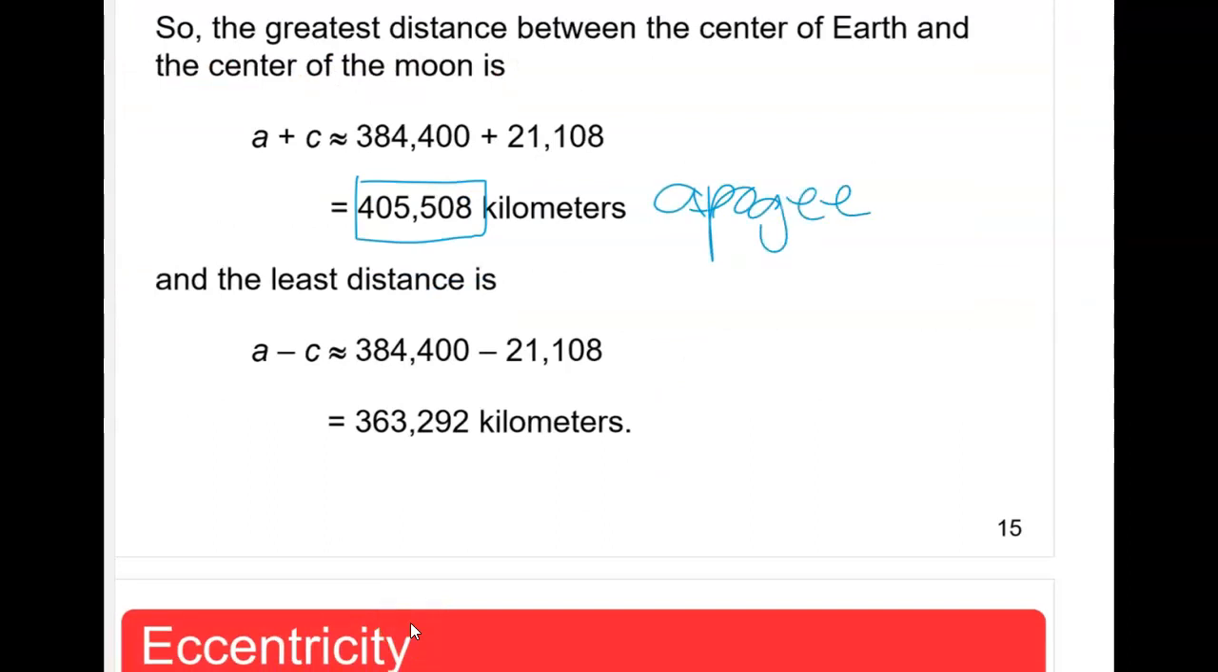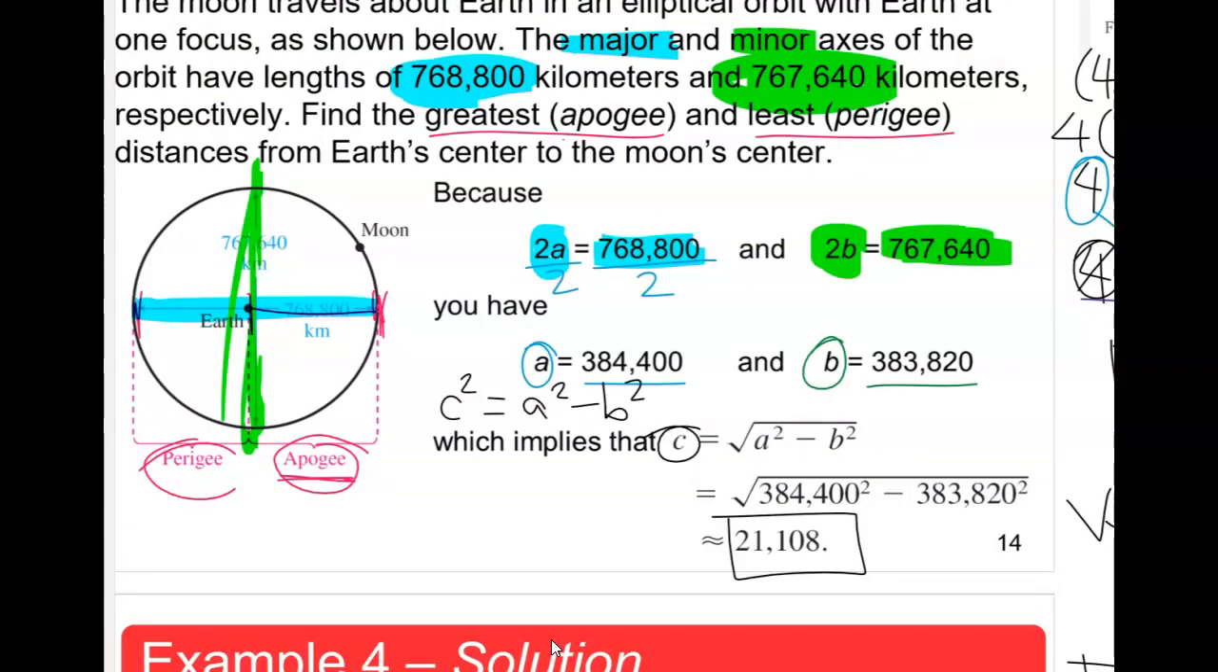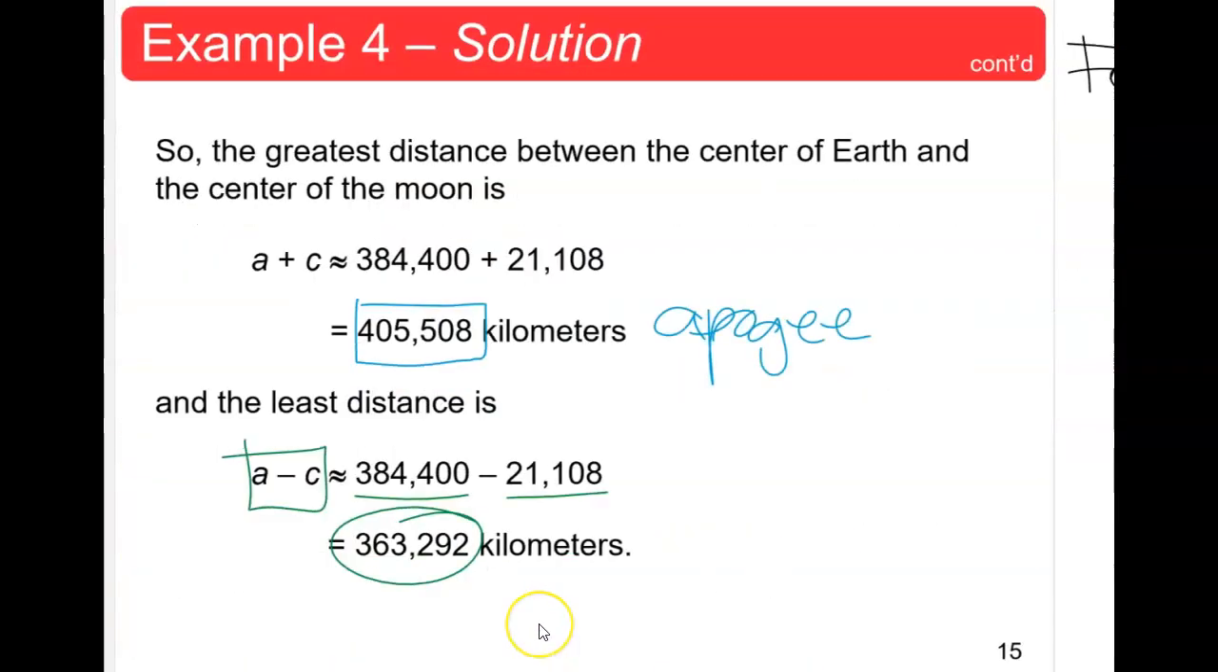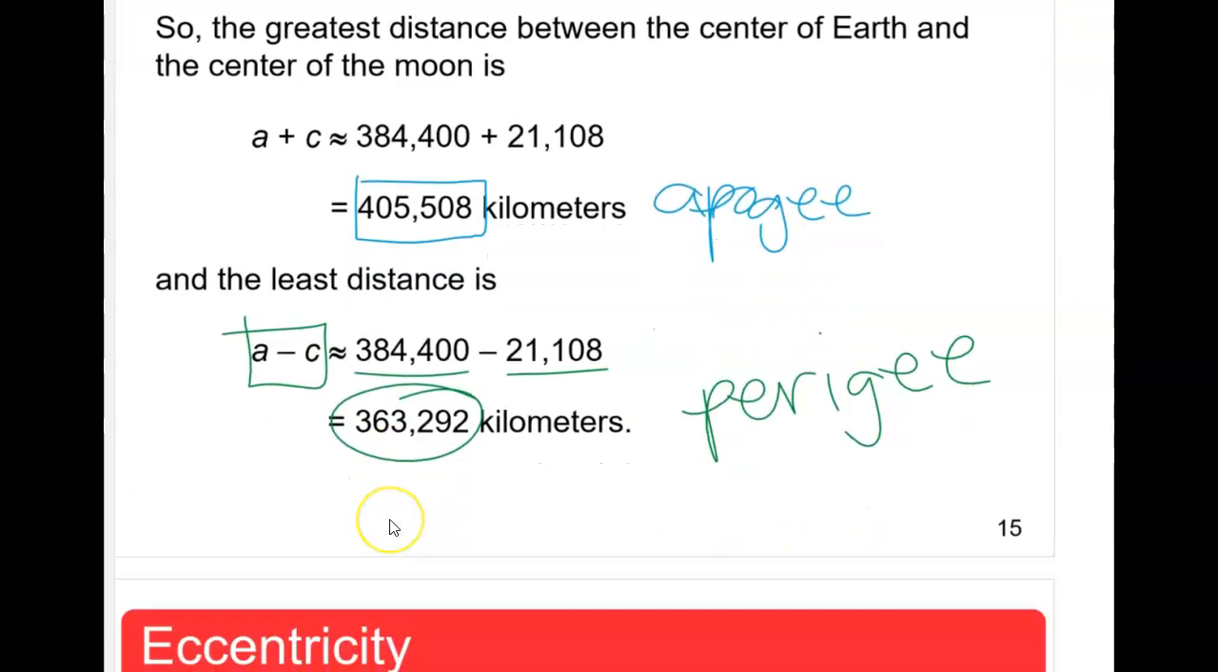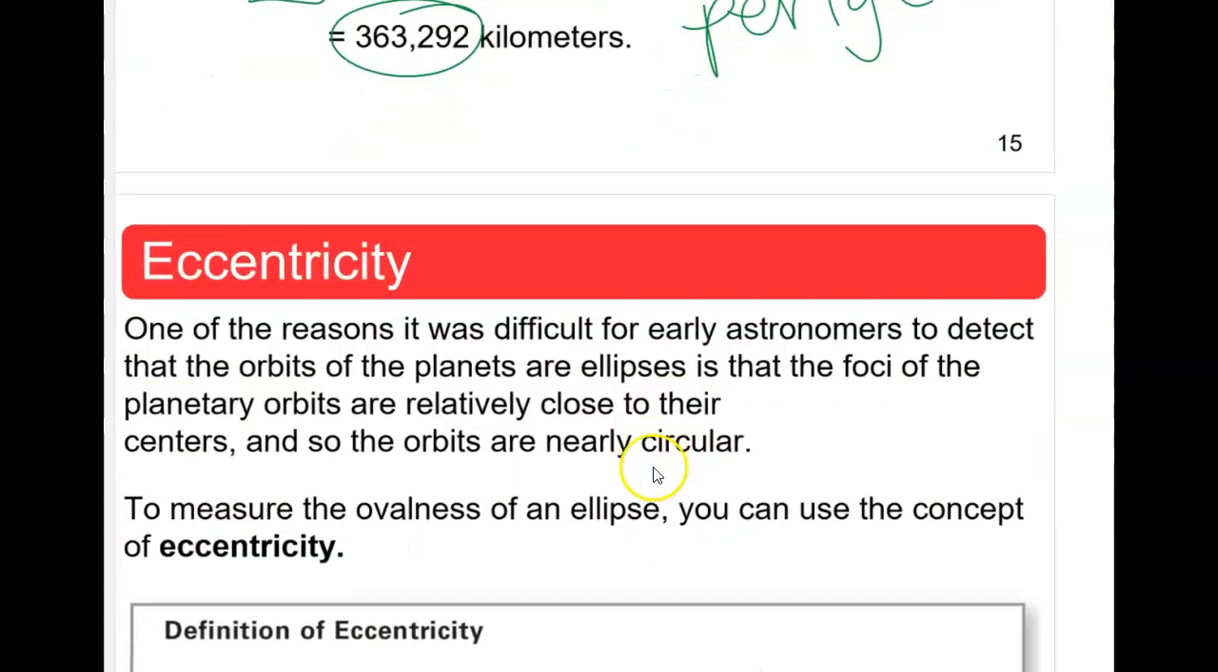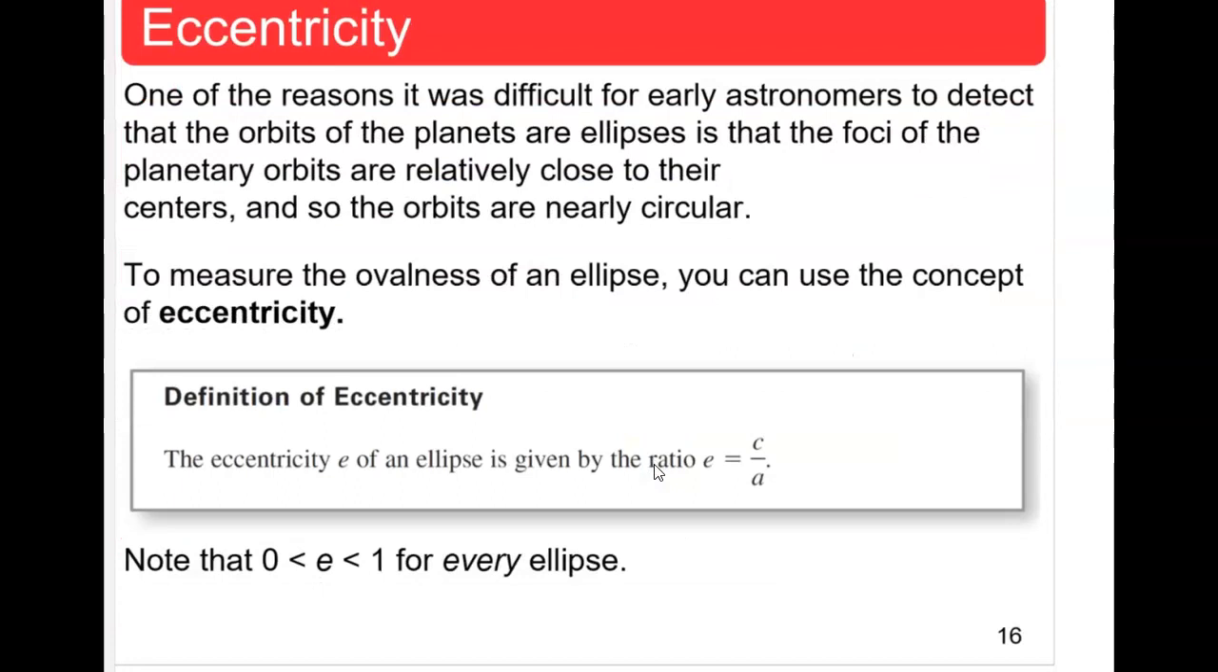And then for the least, we calculate a minus c. And so we do know what is a, we know what is c, and that gives us this number, and that will be the, let me get the name again, perigee. So I mean, if you take astronomy, you will find this pretty useful, I imagine. Okay, one last term,